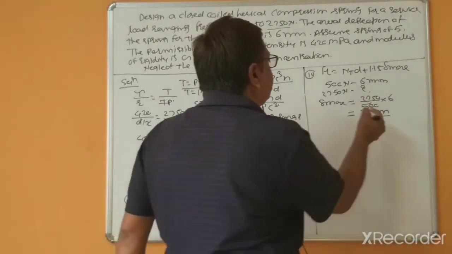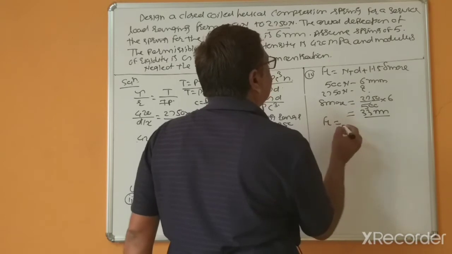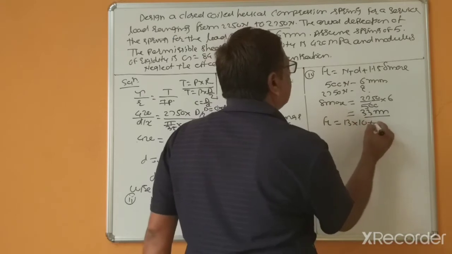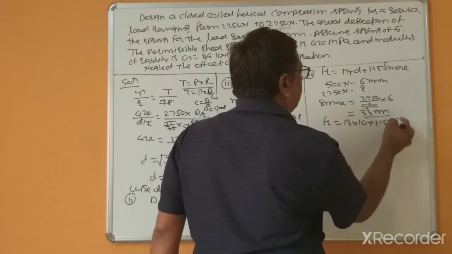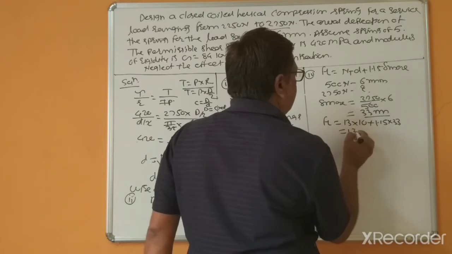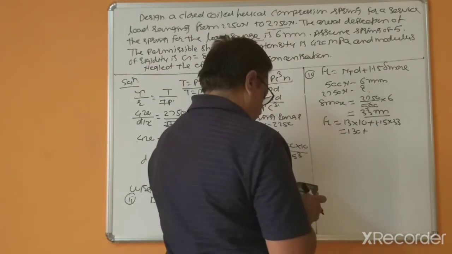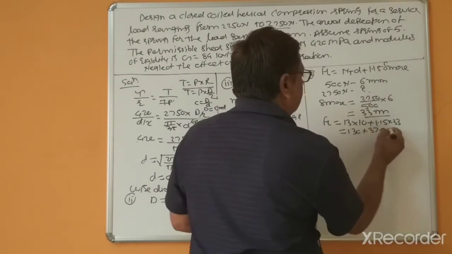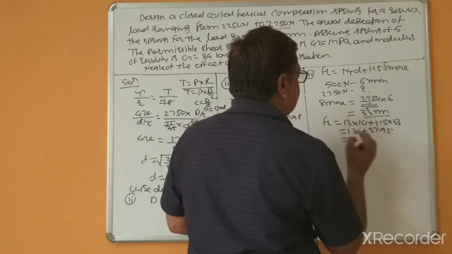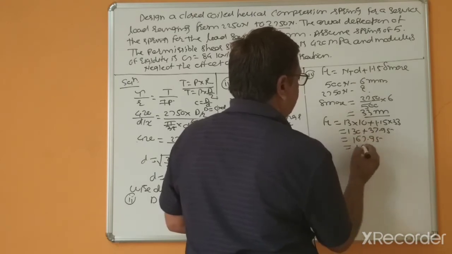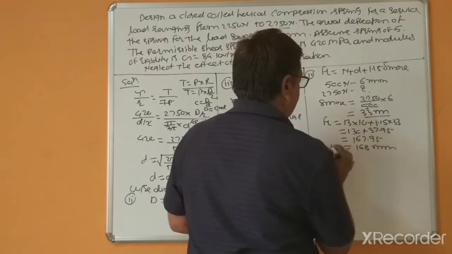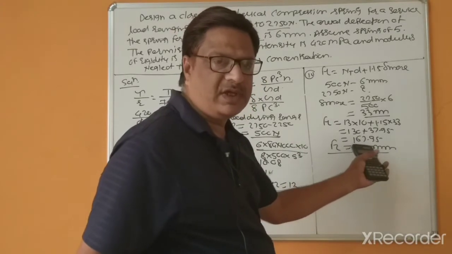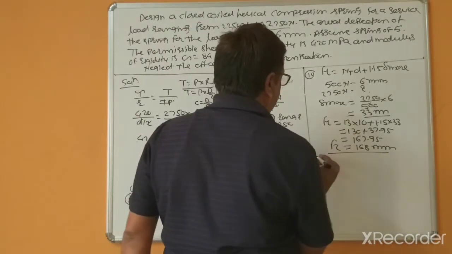Try to understand why we are considering this. 33, NT equal to 13, D 10, 1.15 multiplied by 33. This is 130 plus 37.95, means this is 167.95 or approximately 168 mm. This is the free length. There is no need to round this off, because this is the actual free length of the spring, but this is theoretical.